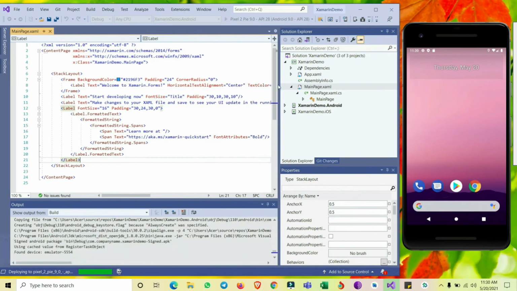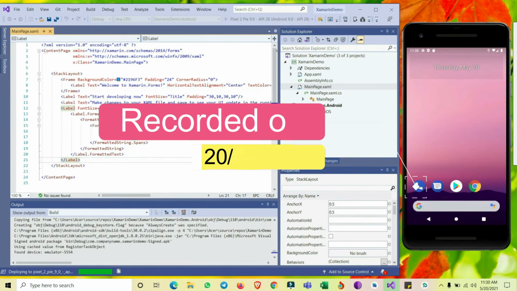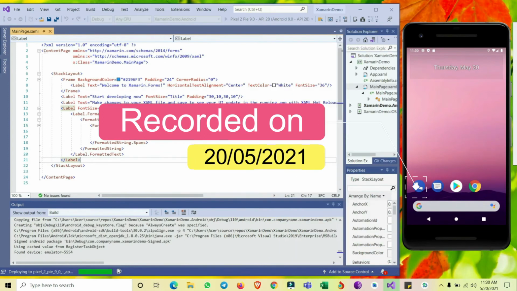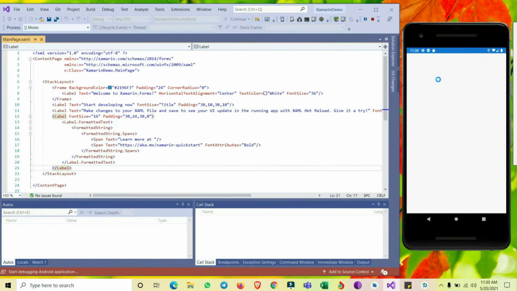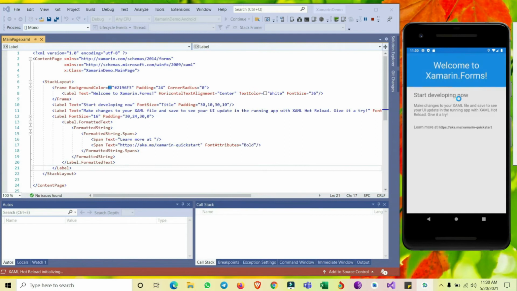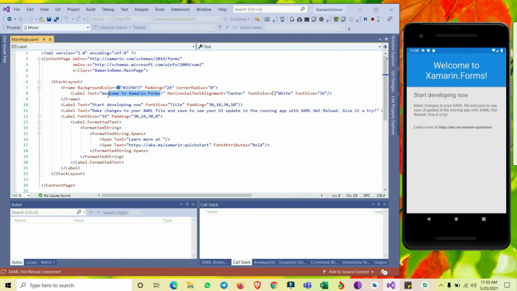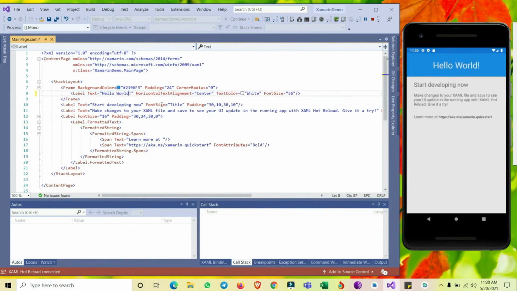This video is being recorded on 20th May. There was an issue with the upgrade from Microsoft. Since Apple has released the latest version of Xcode, Microsoft Visual Studio has still not given compatibility with Xcode 12.5.